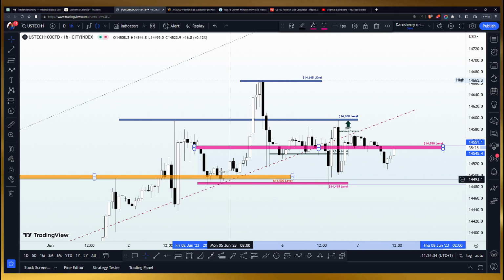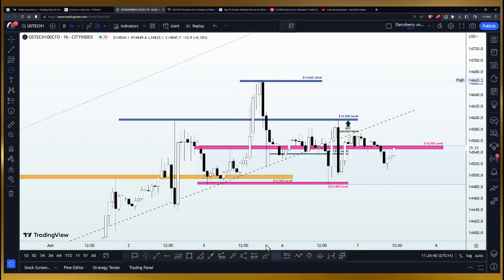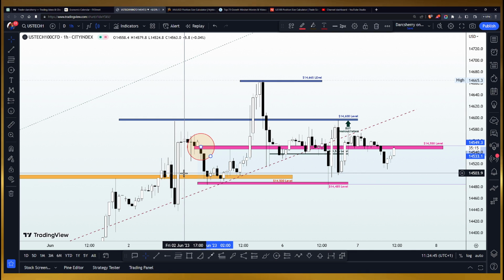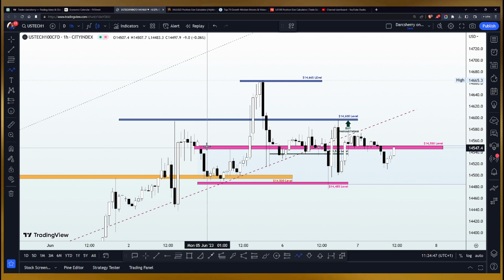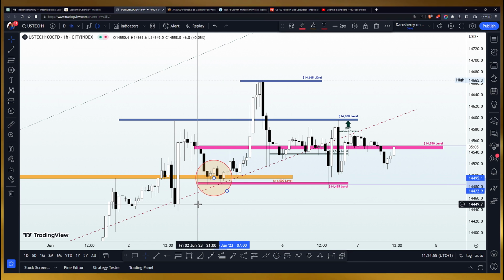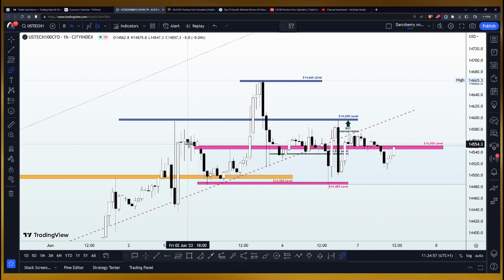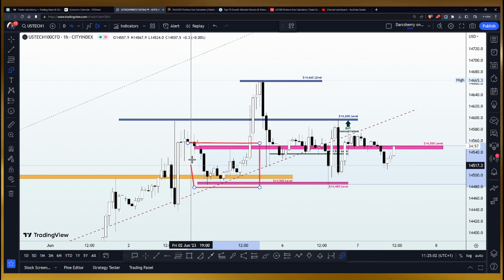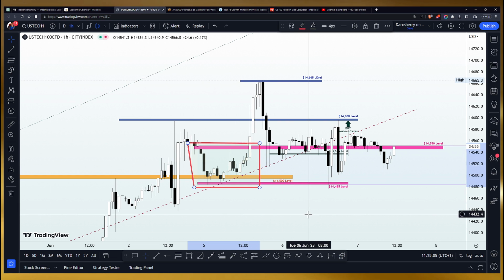But let's quickly run through the structures that actually supported the idea of buying at the beginning of the week. So what we saw here was price action started the week on a bearish note actually. So we saw price started the week at around the 14,550 level. Price dropped into the key level at the 14,500 area, where we begin to see buy pressure resume around that level. And this gave us a flat channel to work with for the week, where we saw price ranging between the 14,485 and the 14,550 to signal an indecision at the beginning of the week.